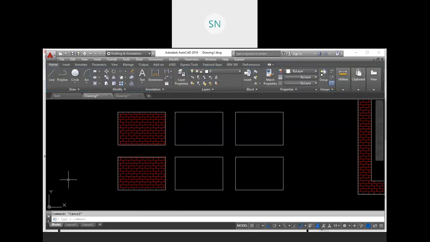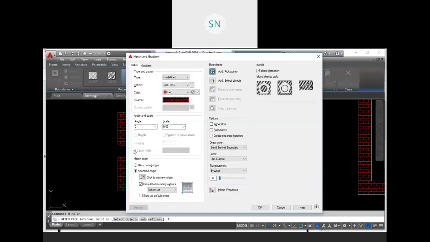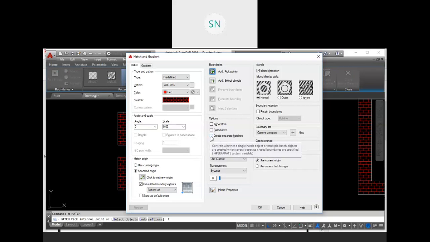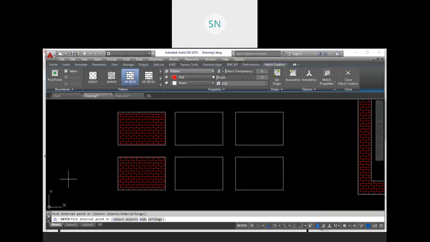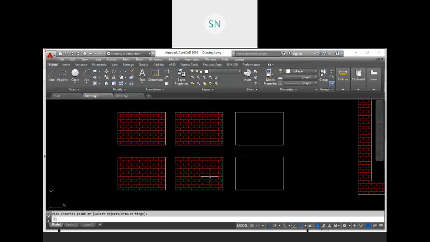Again I'm typing hatch, h enter, setting T enter, and this time I'm going to turn on the create separate hatches button. Click add pick points and I'm selecting this area and this area and again enter.